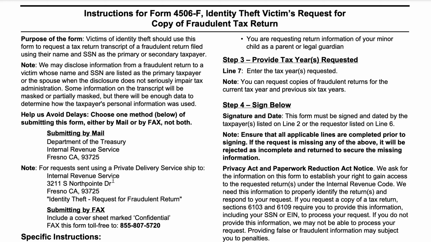There are plenty of other different IRS forms in the 4506 series.